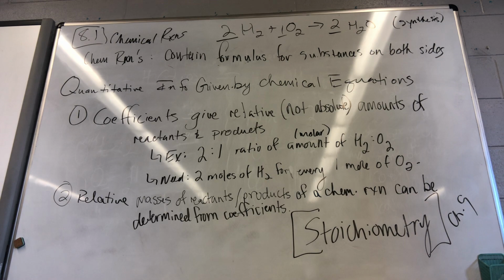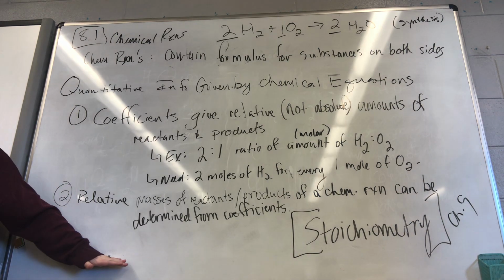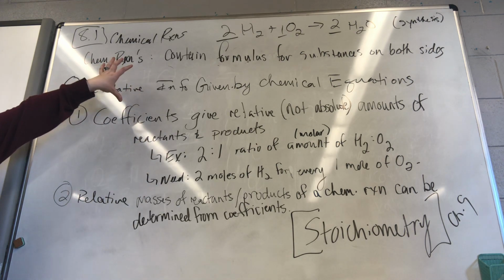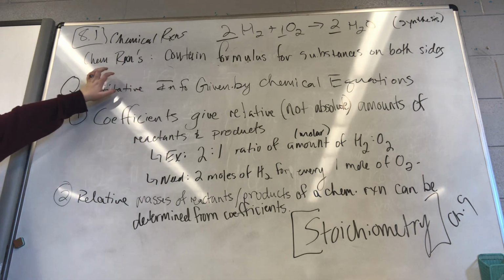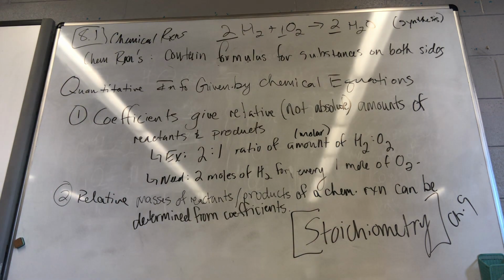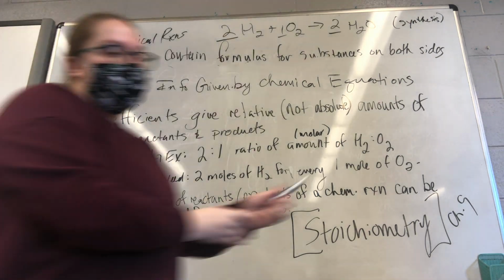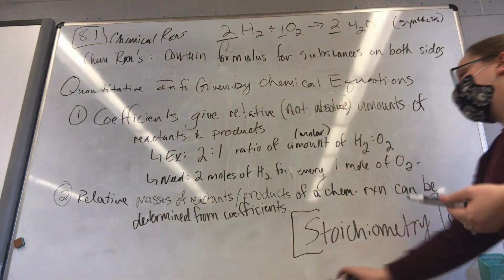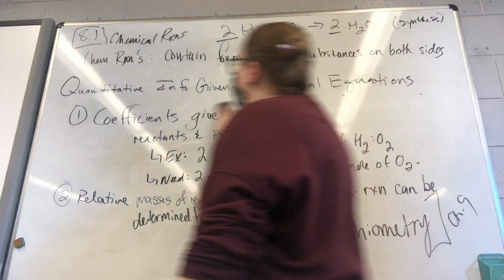But understand that this is the second and probably arguably, in my opinion, the most important piece of information we get from chemical equations. This takes a chemical equation from just being written on a piece of paper to being done on a bench. Okay? And that gives us a predictive method for how we can determine how much we should have produced if we put the amounts we put together. All right, last but certainly not least,